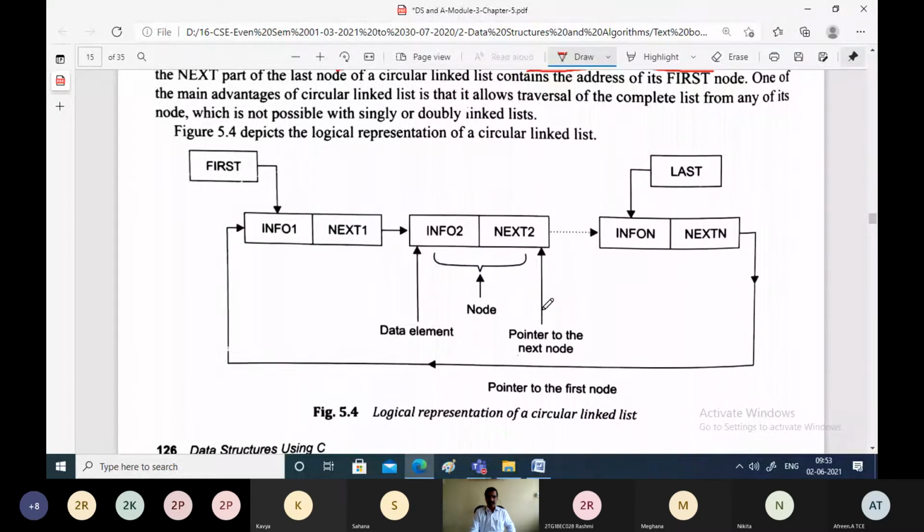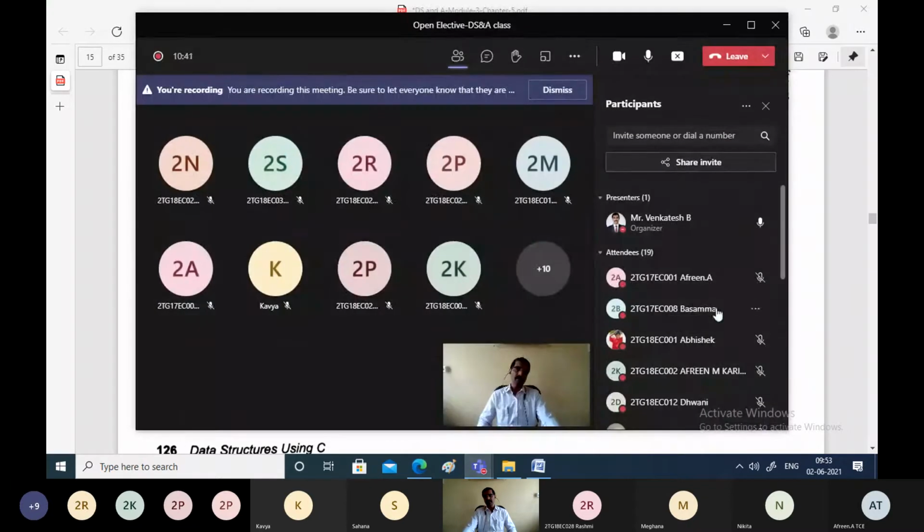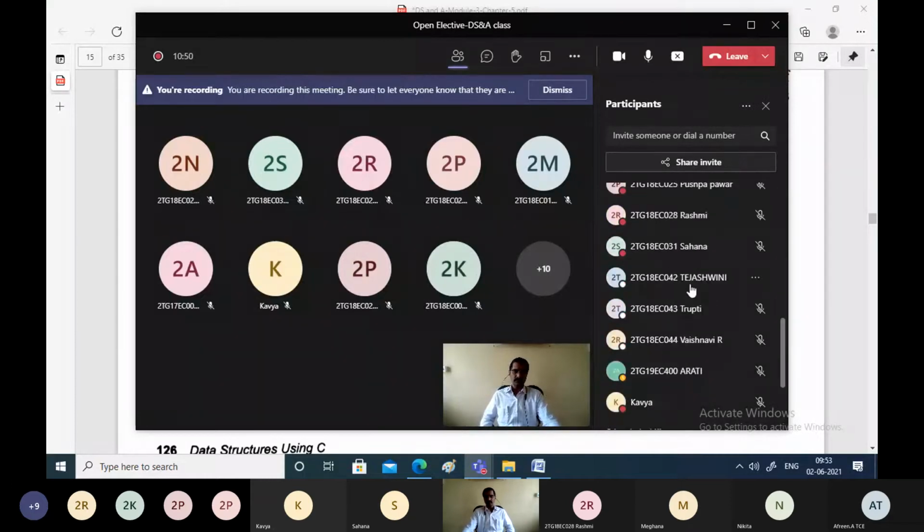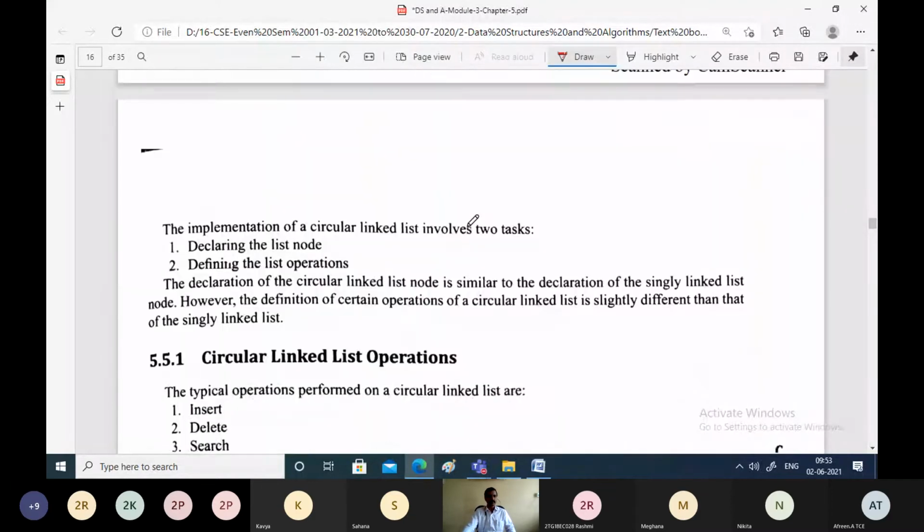The advantage of this circular linked list is that wherever you are, if you are present at some node, you can go in the forward direction and again come back to the same node. That means wherever you are present in the linked list, you have the chance to traverse across all the nodes of the linked list because they are arranged in a circular manner, with the notation that the next pointer of the last node will always point back to the first node. This is the only difference, and all other functionalities are very similar to what we have studied.